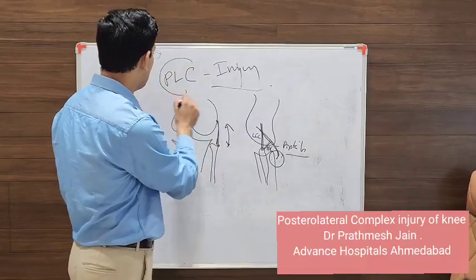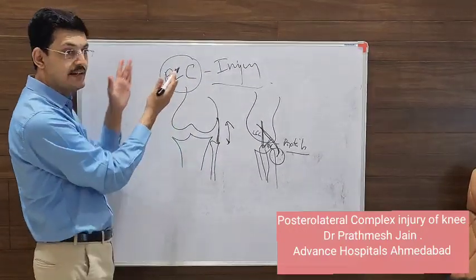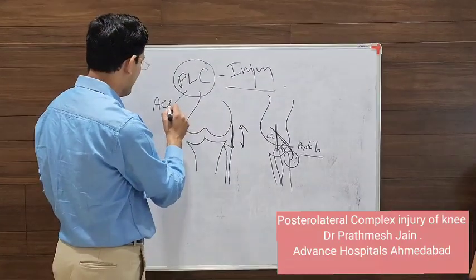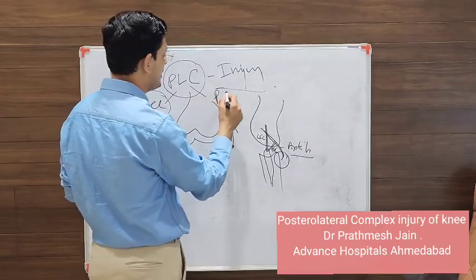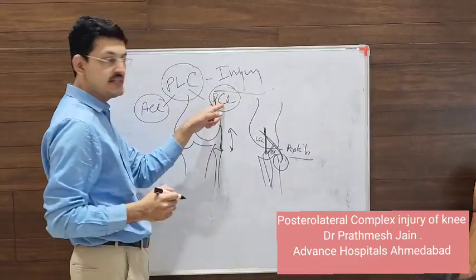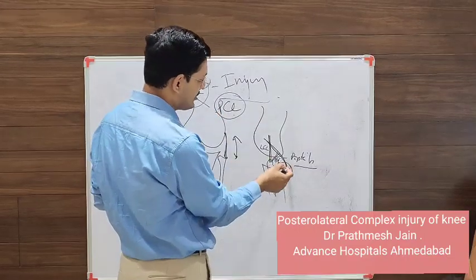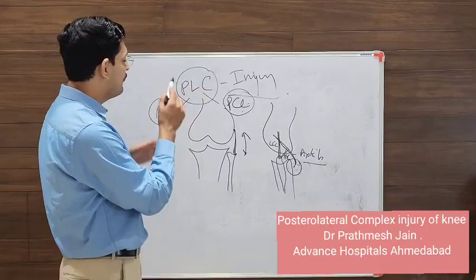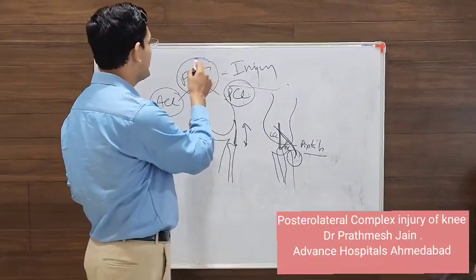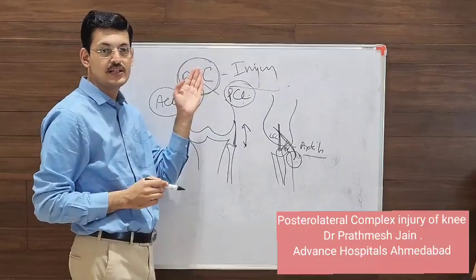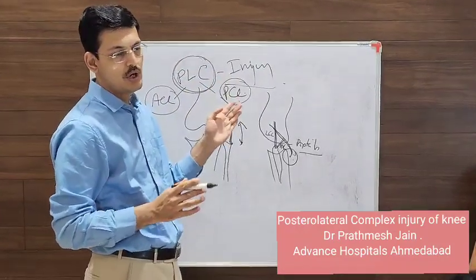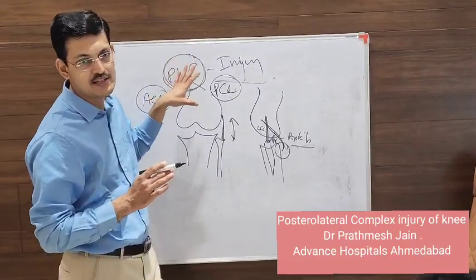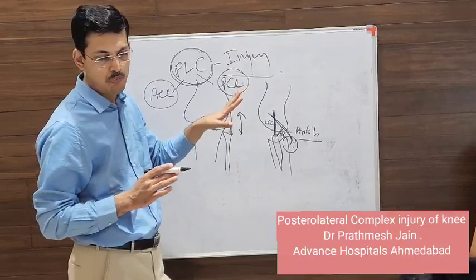Now, a PLC injury can be associated with an anterior based injury or a posterior based injury. So it can occur with an ACL injury, which is very common. It can occur with a PCL injury also. If it is with the PCL, then the patient will have increased external rotation at 90 degrees of flexion also. And very occasionally it's a solitary injury, meaning only the PLC is torn, the rest of the ligaments are normal. So there is around a 20 to 28% chance of solitary PLC injuries without ACL or PCL injuries.